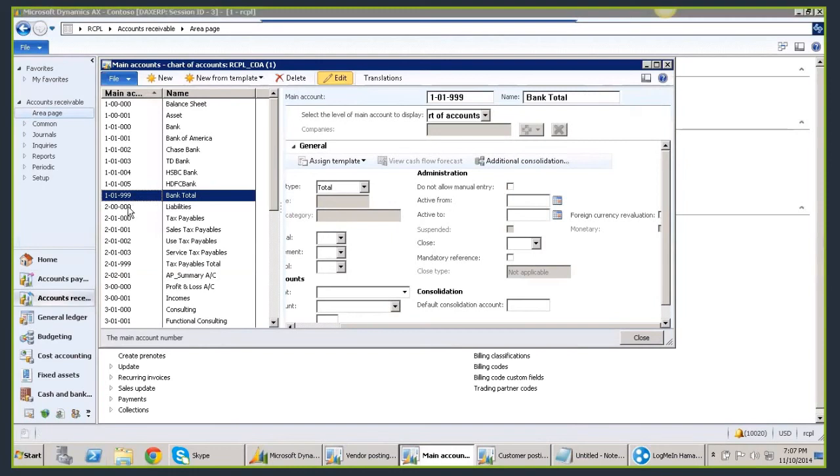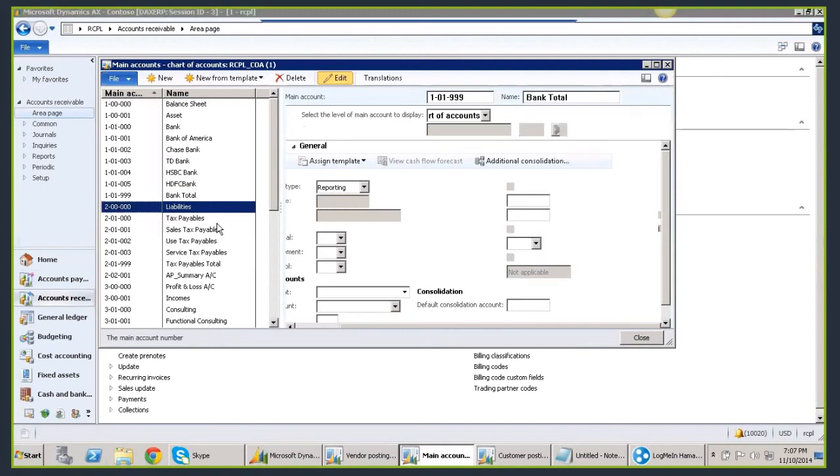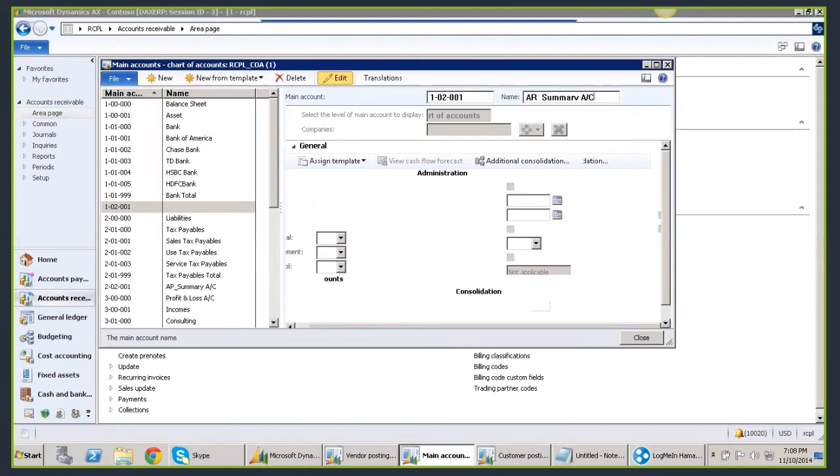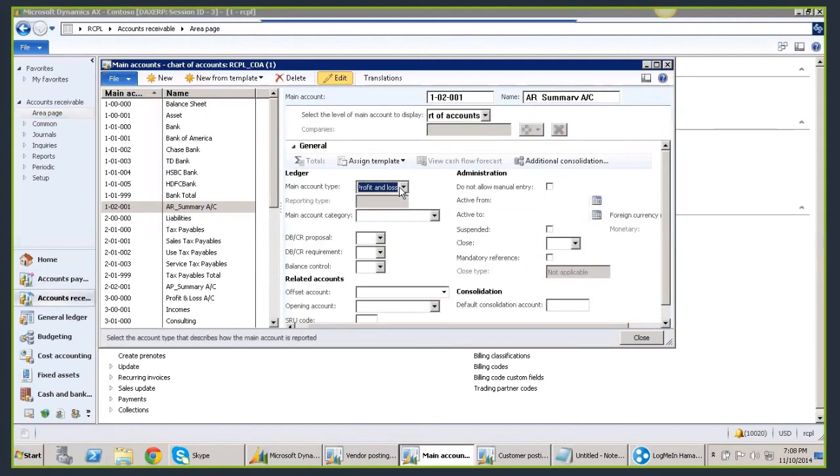for customers, which is going to be an asset ledger account. I'm going to create a new one: 1-02-001 accounts receivable summary account, and main account type is going to be asset.